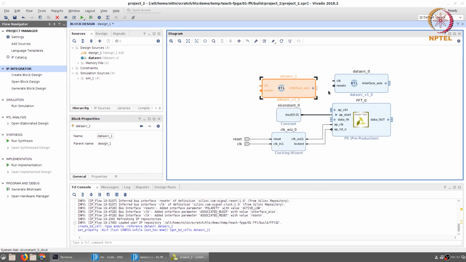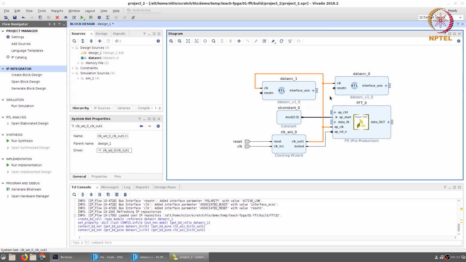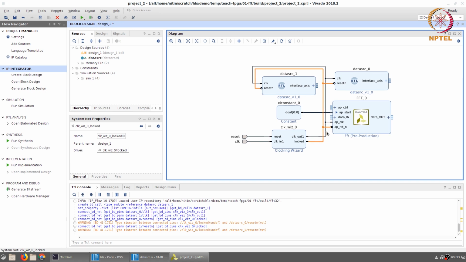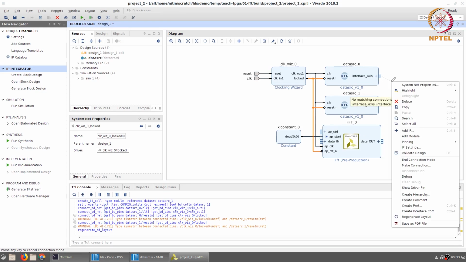Now what do I need to do with these signals? Let's first take the clock and connect it up properly. And similarly, the reset signals are connected up appropriately. Once again, let's just redraw the picture. It looks a bit cleaner this way. Okay, now what I need to do is to take this data source 0 output and I can directly connect that to the data in. But what I'm going to do is instead of that, I'll skip that step.